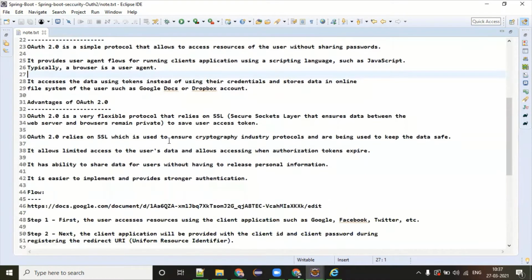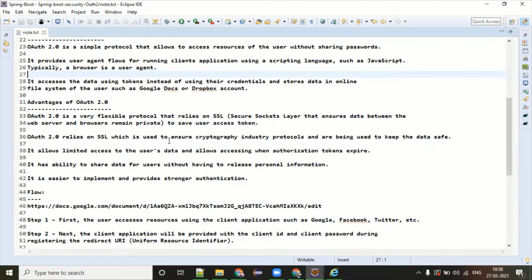What are the advantages? OAuth2 is a very flexible protocol that relies on SSL. Remember, SSL implementation is one of the biggest challenges in any organization, because it uses a certificate, and this certificate has an expiry date, and you will keep following up on SSL-related things, certificate generation, giving lots of documentation to your clients.